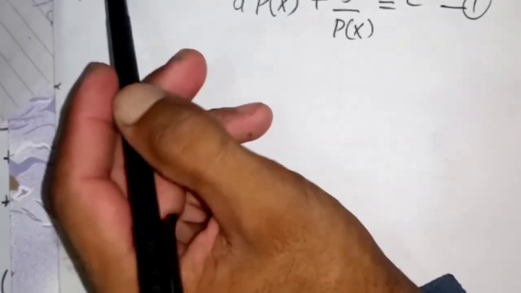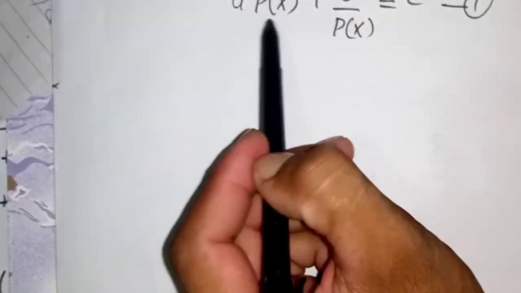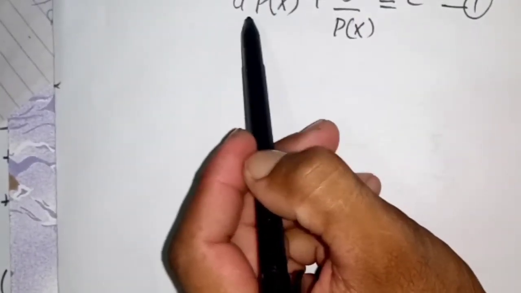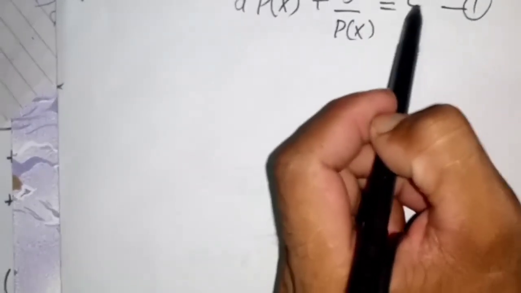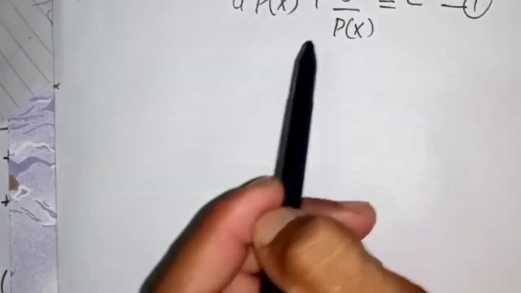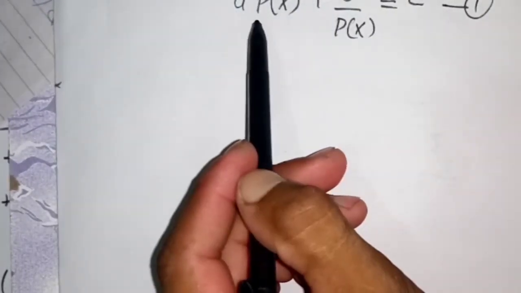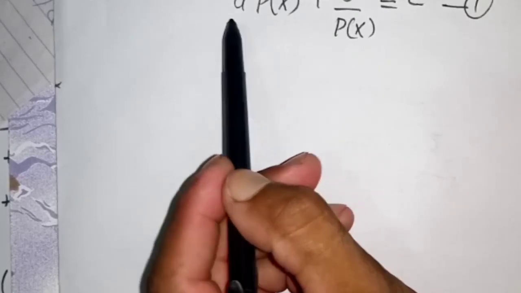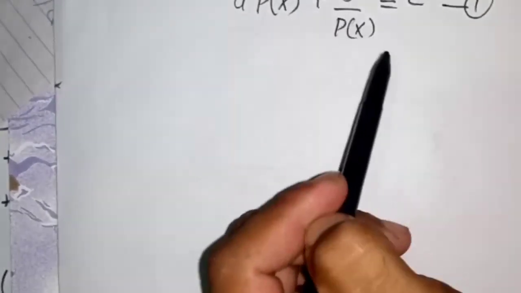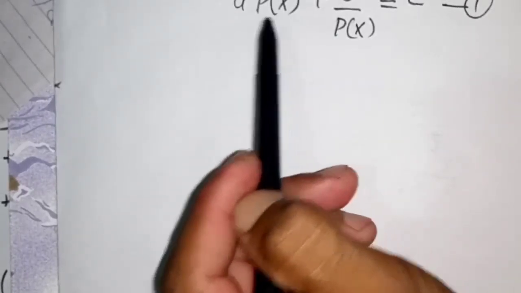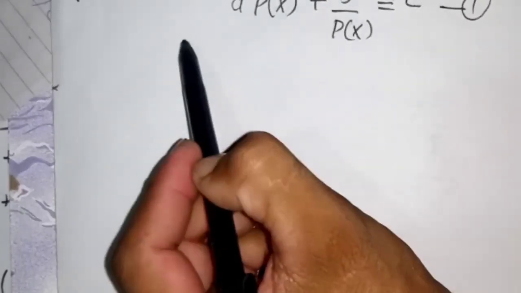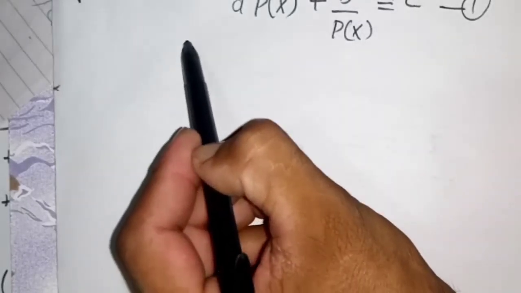Now the second type of equations is of the form a·p(x) + b/p(x) = c. This is a form of equation which does not appear to be quadratic, but we can reduce this equation into a quadratic equation. So if we multiply both sides by p(x), we get